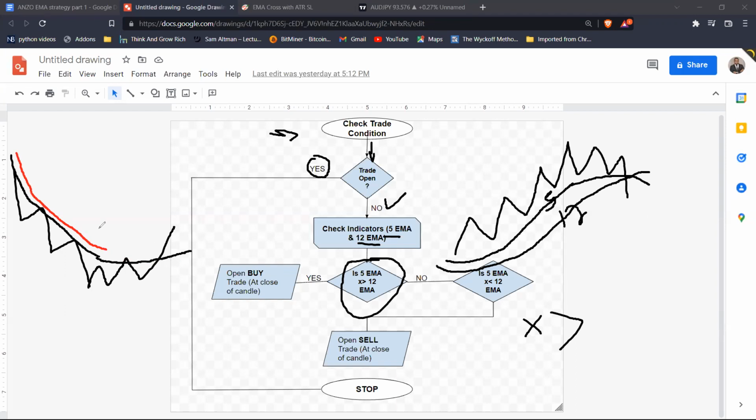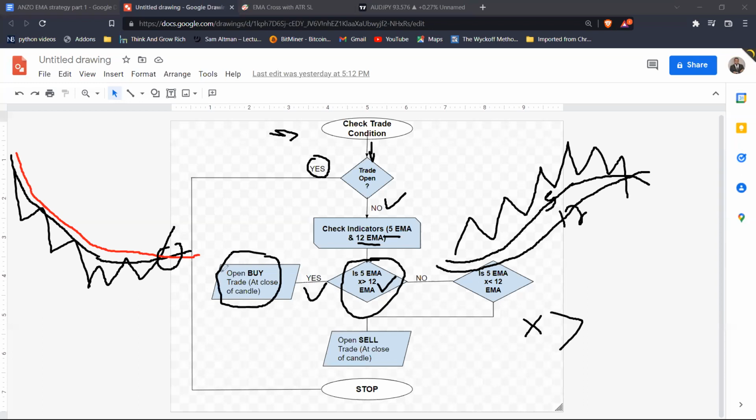Right? Let me draw this. So maybe something like this. Now, what you notice is this. Now, this condition or this question that is being asked here is saying, is the 5-period moving average crossing above the 12-period moving average? Now, well, at this point here, at this junction here, the answer to this question would be a yes, right? So if it checks the market and the 5-period moving average is crossing above the 12-period moving average, the answer to this question here will be a yes, and then it will execute the instruction in